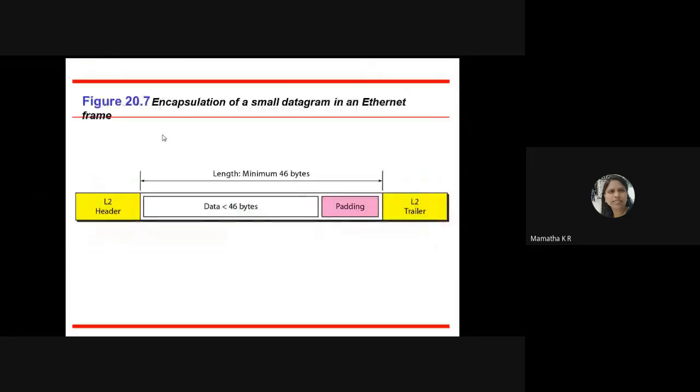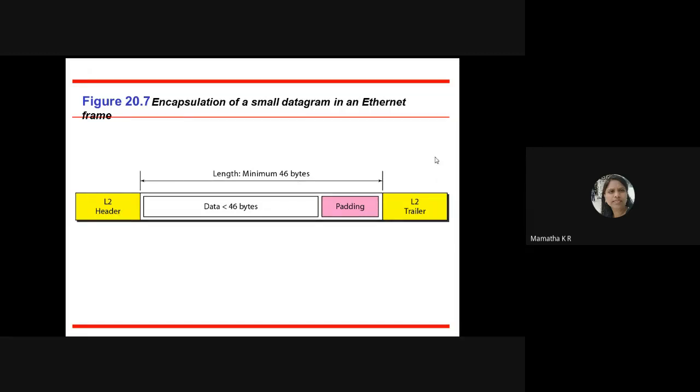Why is it so? Because we know from the data link layer, suppose encapsulation occurs, and the data is minimum 46 bytes there, is it not? In the data link layer, the length of the data should be minimum 46 bytes. That we have understood. And later, these two, header and trailer, are added, is it not?